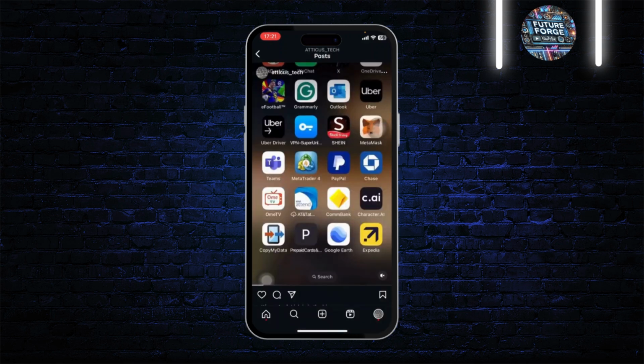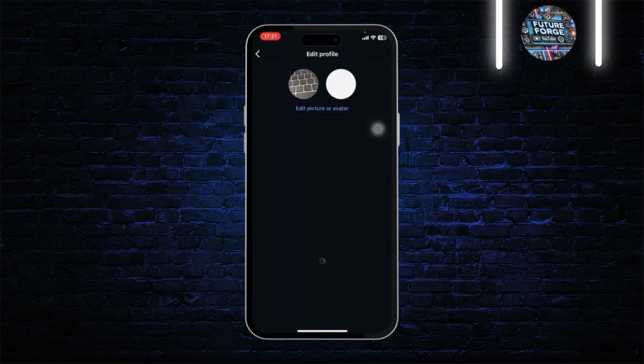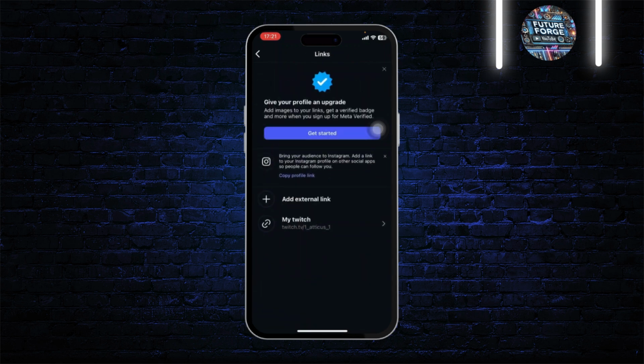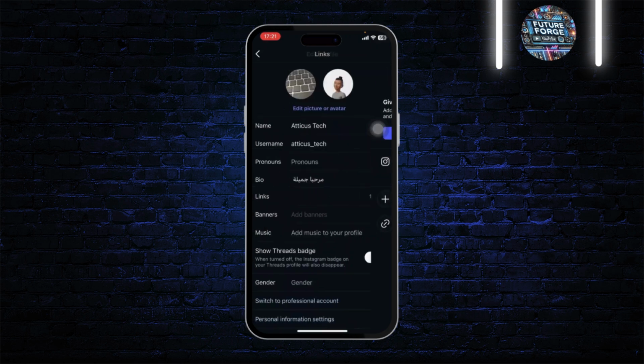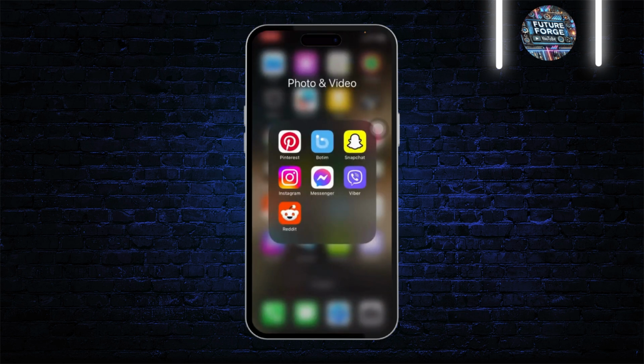You can even add a text on your Reels as well, and all you need to do is add a link in your bio. Tap on edit profile and just add a link. So as you can see, there is a section for link. Just tap on add external link and add your link on your bio, and that is the only way you can add a link in your Instagram